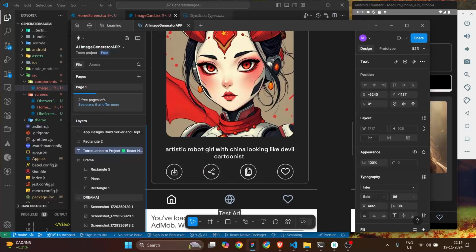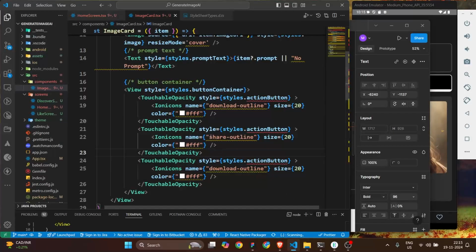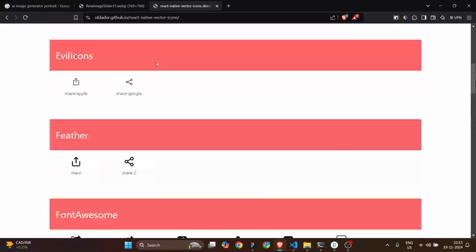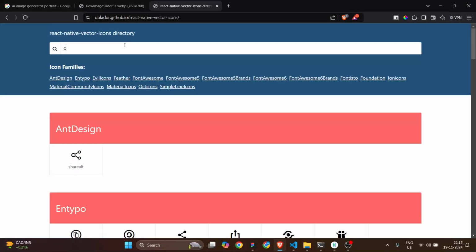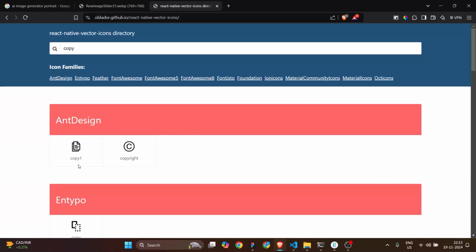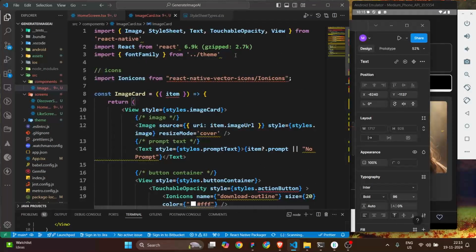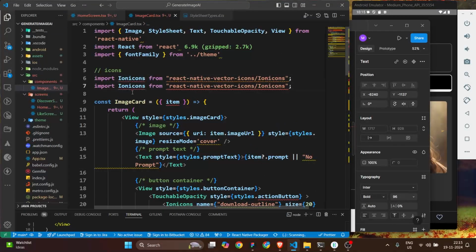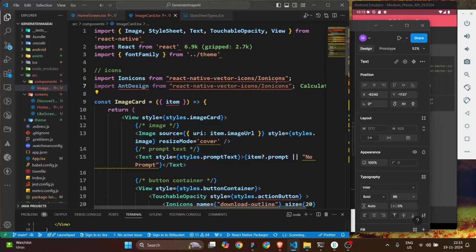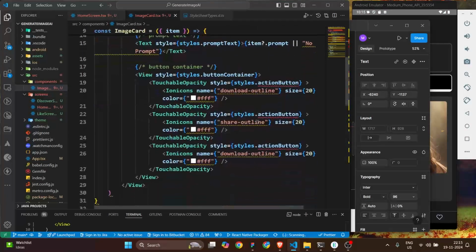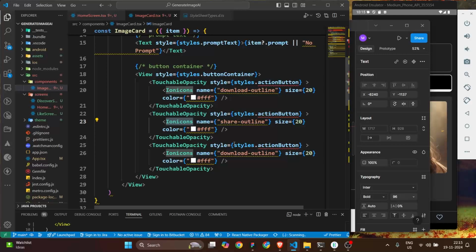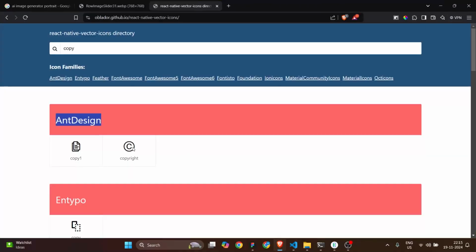The next icon we need is called copy icon. Okay, now let's search for a copy icon. So let's go to the browser and search for copy. Okay, so I'm going to use this copy one from AntDesign. So I just copy this name, AntDesign. Okay, once I copy the AntDesign, you have to just paste it. I paste here AntDesign, paste here AntDesign, and also paste here AntDesign,